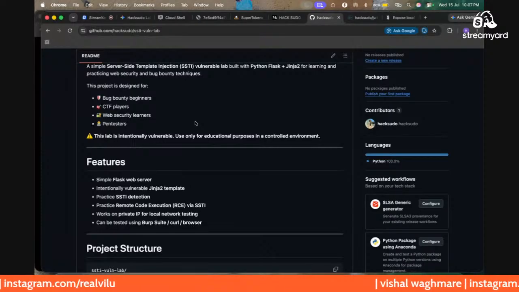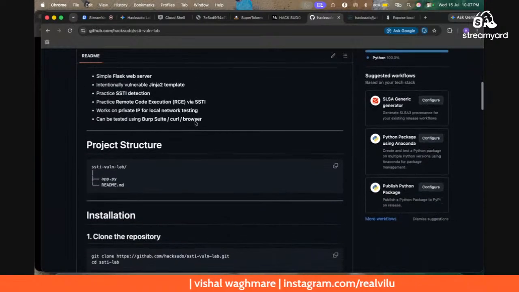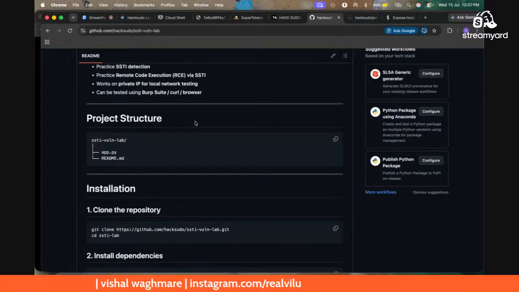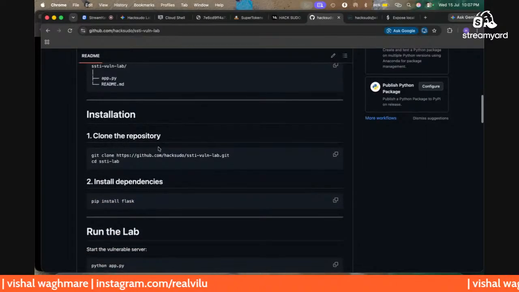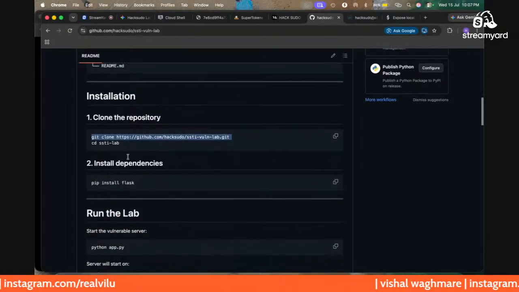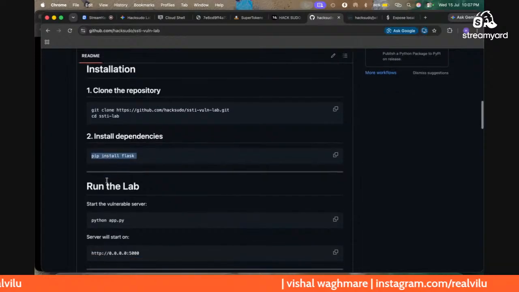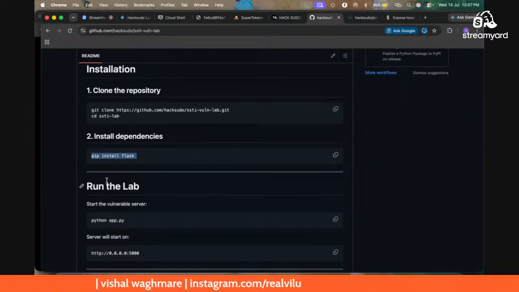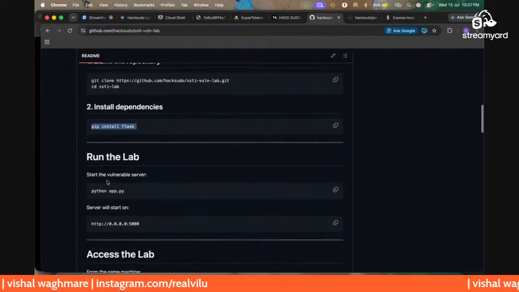It works on the private IP for local network testing, and can be tested using a website, curl, and a browser. There are two files, app.py and the install instructions. The installation dependency is Flask, so make sure Flask is installed on your system. To run the lab,